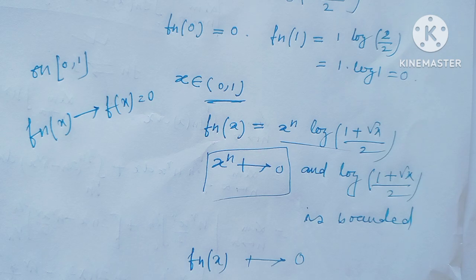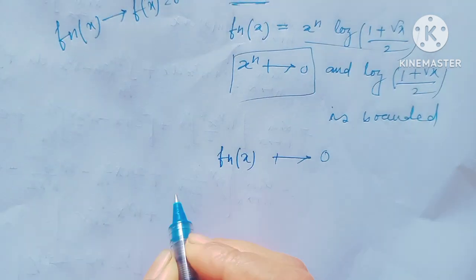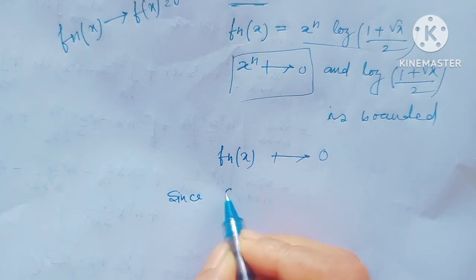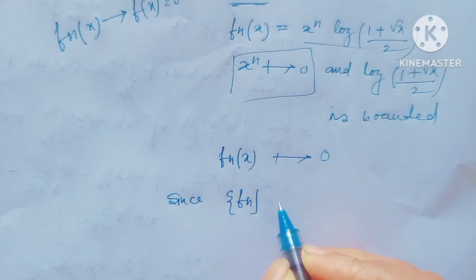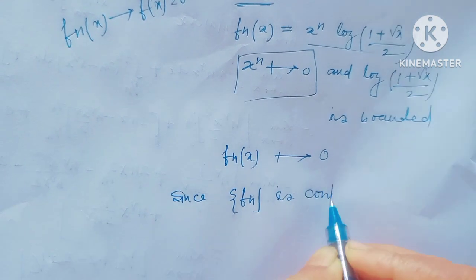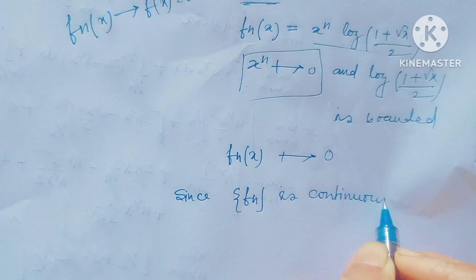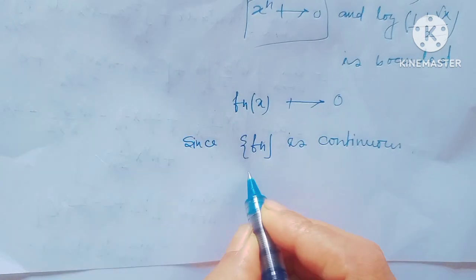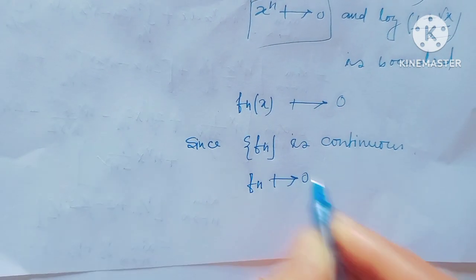In Dini's theorem, since the sequence of functions fn is continuous and fn converges to 0 pointwise,